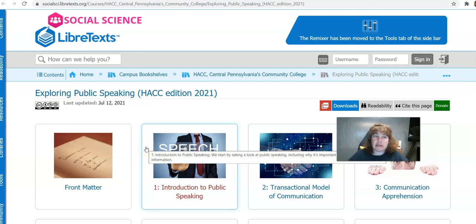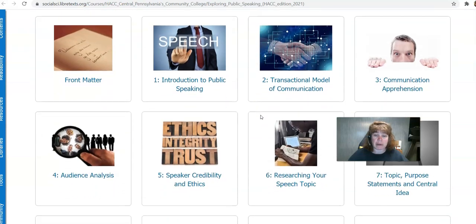Hi, I'm excited this semester, spring of 2022, to be able to offer for the first time an open educational resource, or an OER. This is a textbook that is available to students at absolutely no charge to you. The link for this is in D2L, and you can just go ahead and click that link. It'll take you right into the textbook, which is kind of what you're looking at right now, where there are